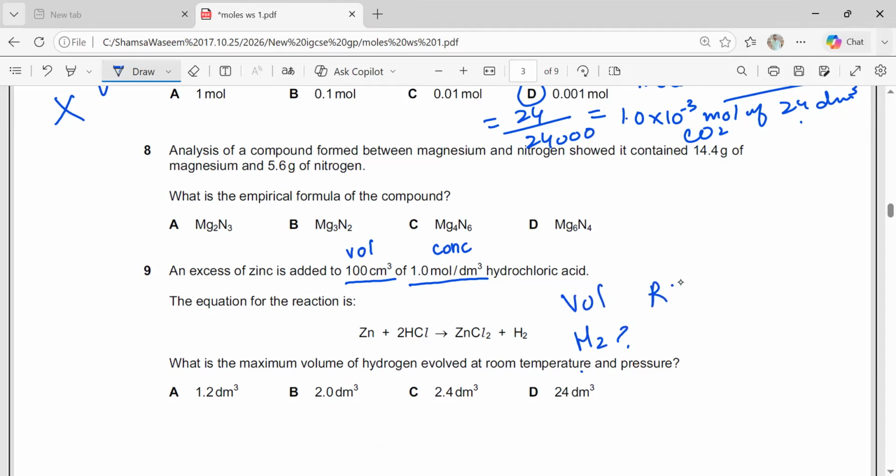But how are we going to go about it? Just take some time and do let me know. Can you suggest, okay, what should we do? How should we go about it? We can discuss. You have to think, girls, how we are going to take out moles of which species and using which formula you can find out the moles.